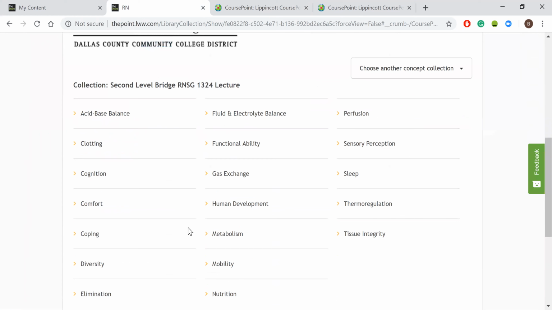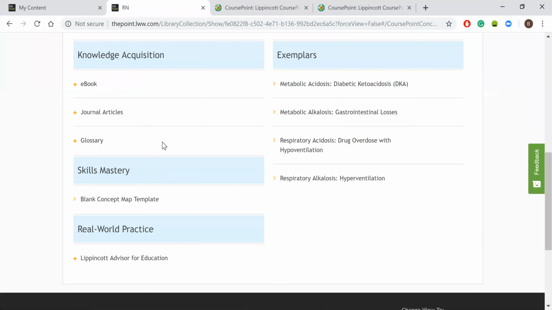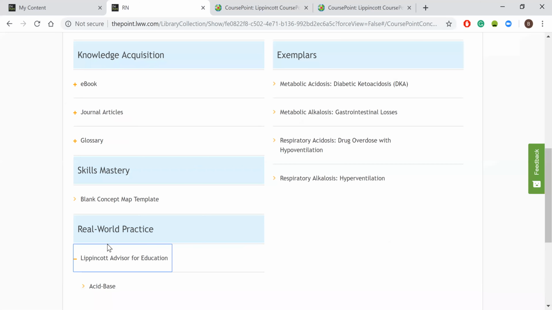The other one we have is immunity. We'll look at acid base, something that's coming up. So here you have the Lippincott advisor you could use for acid base. You can go to acid base here, and it'll take you to the Lippincott